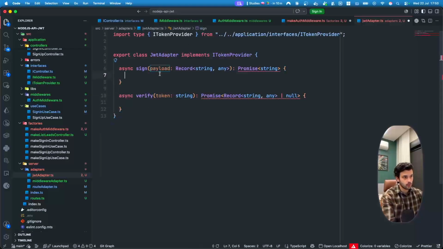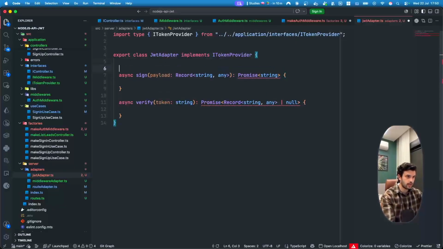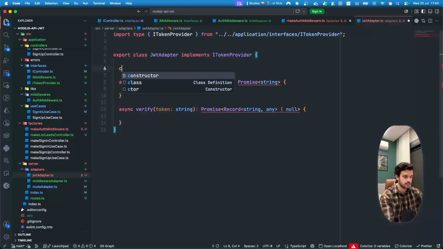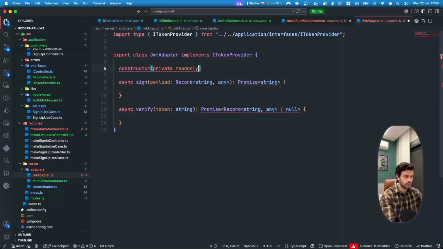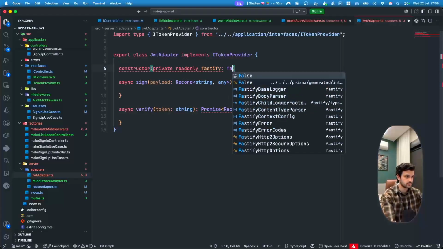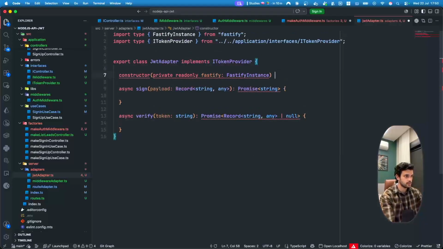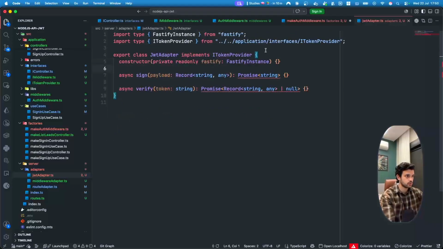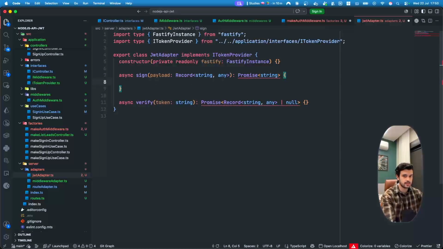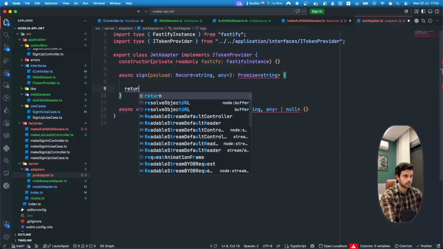Now the payload, now this one, now is the time that we are actually gonna use the Fastify in order to work with that, okay? So the first thing that we need to do is having a constructor that will inject that inside here. So let's do a constructor private read only, and now we need to have a Fastify instance. Let's have Fastify instance in here, and we are actually gonna use it to check if that is valid or not. So that's a return